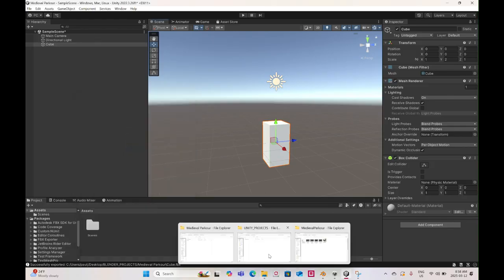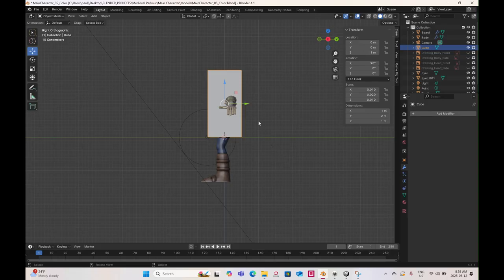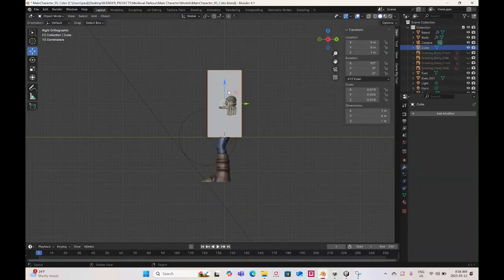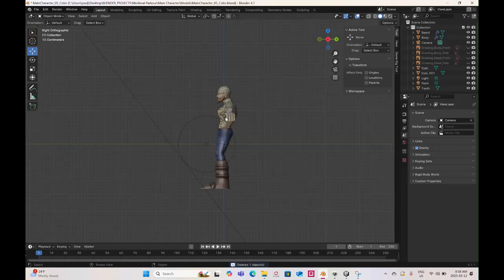And as you can see, it creates a little cube for me. 1 meter is actually 1 meter; it corresponds to 1 meter in Unity. I did that because I want to keep everything consistent from here on out. So I'm going to delete this cube because I don't need it, and I'm going to